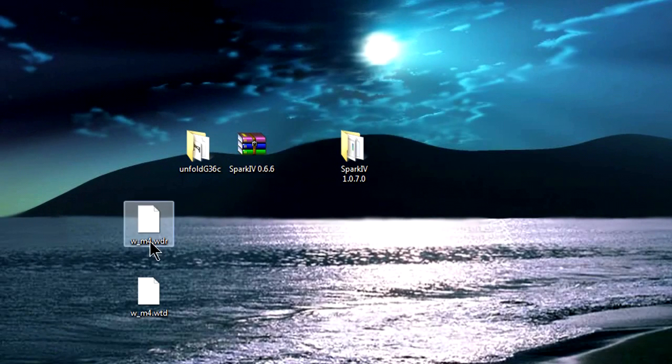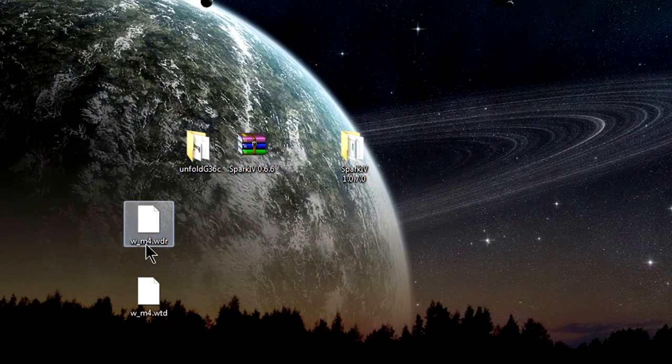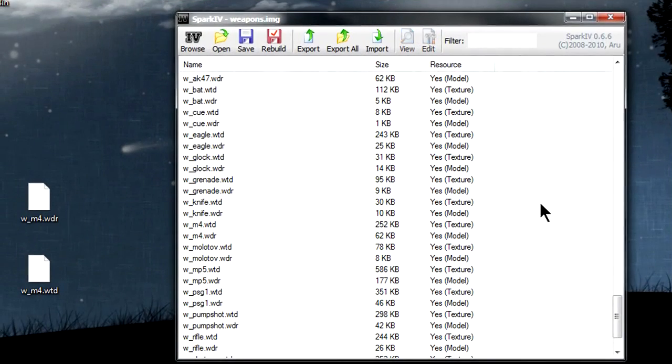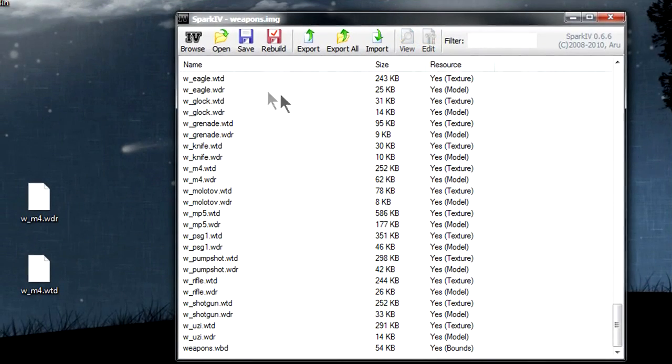So as you can see here, like I said, these are just the texture and model, and as you can see they have the M4 name on each file. So what you have to do is look for these 2 files in Spark 4. So we're going to go back to Spark 4 right now, and as you can see there, I already spotted the